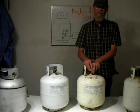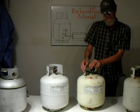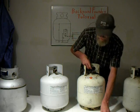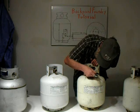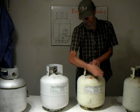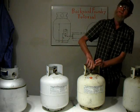Now, since these valves are hard to remove, I figured out a way that you can do it safely. The valve itself has a nut that holds it in. It's a 5/8 inch. You take a wrench, and now this is what they call left-hand thread, meaning clockwise loosens. So turn it clockwise, and you see it comes loose very easily. You remove this,